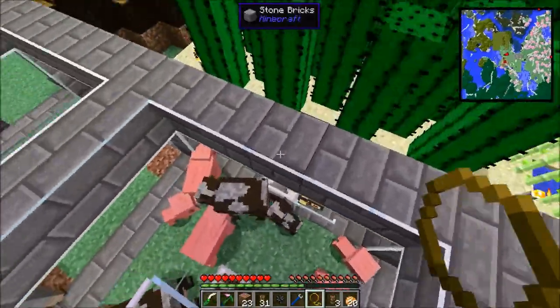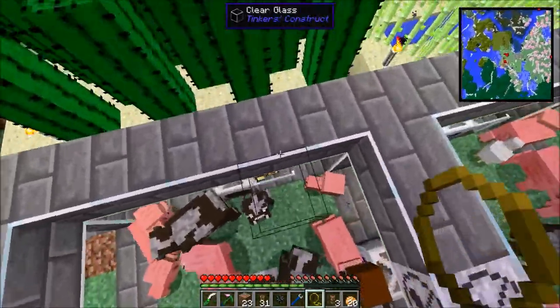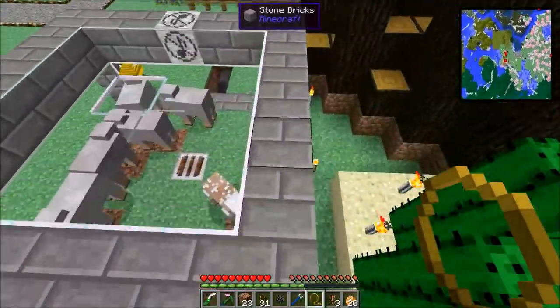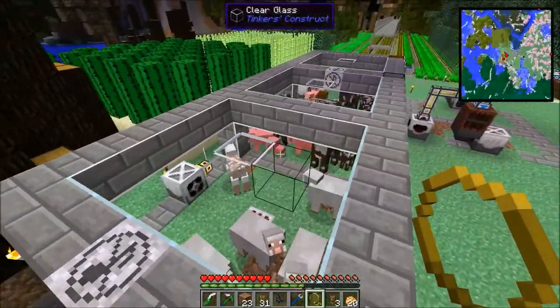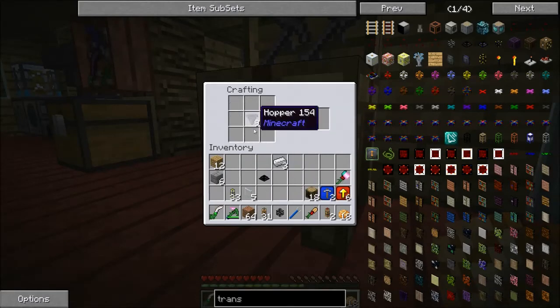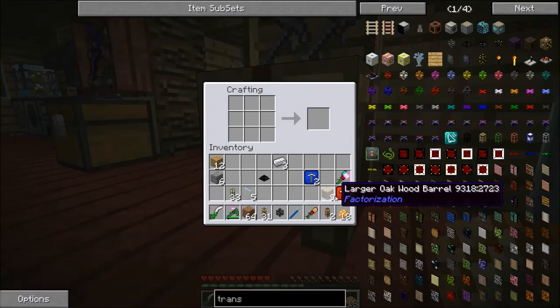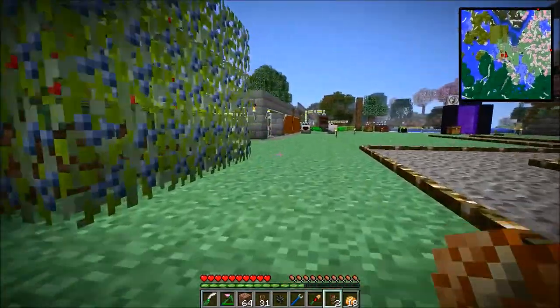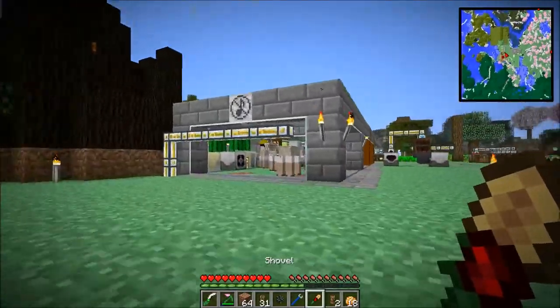I don't like how I did that, so I'm gonna run the power into the side there, and then the items out the bottom, like I just did. So let me fix that up. All right, so, oops, there's my barrels. Okay, so now with these barrels, because I'm gonna get